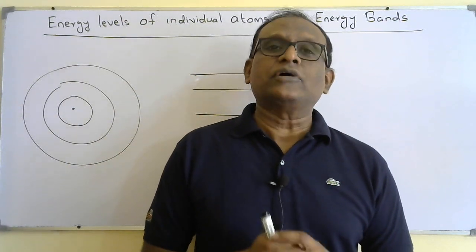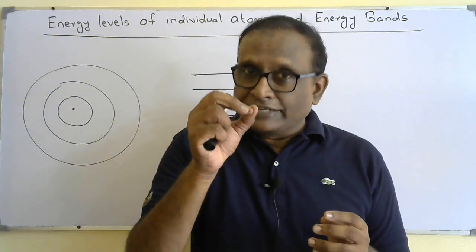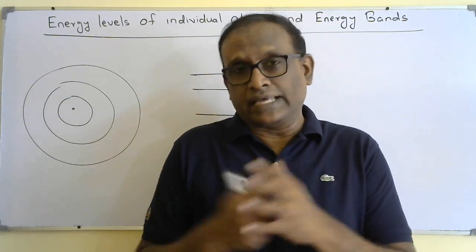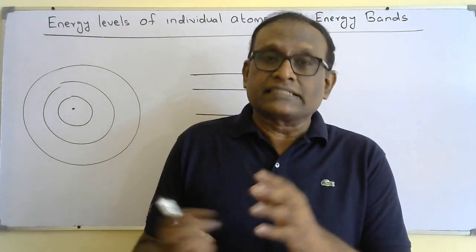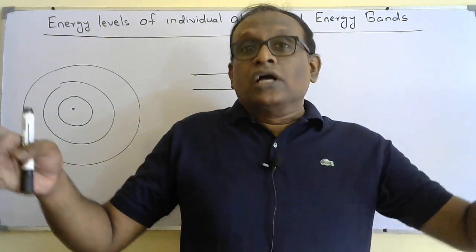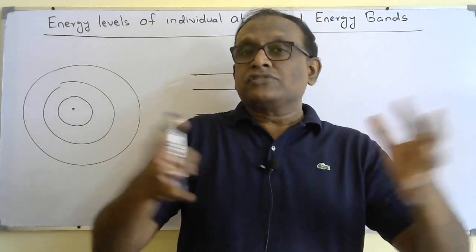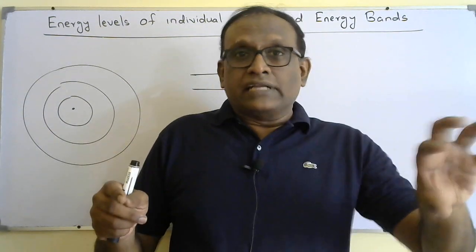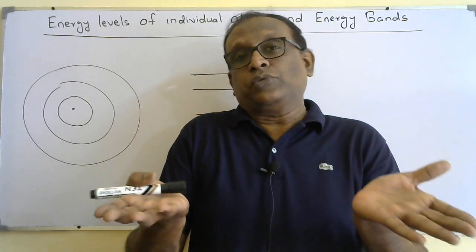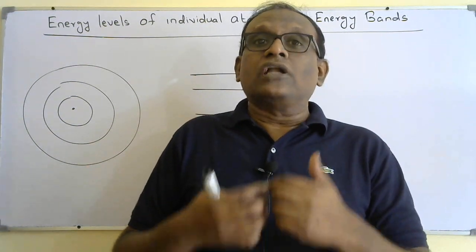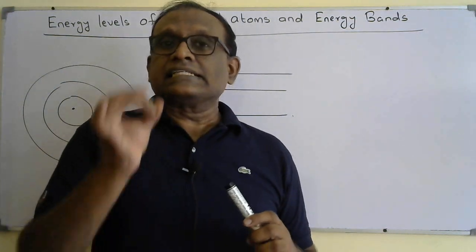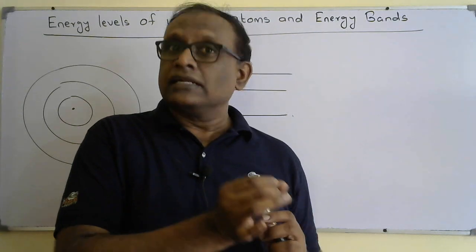But in a chemical reaction, yes, we need to consider the individual valence electrons that form the chemical bonds. But when we think about electrical conduction, the electrons in the last orbit, or the conduction electrons, jump from one point of the solid lattice to another point of the lattice. So a lot of individual atoms are involved, and we don't consider the properties of an individual atom. We consider collectively something different, called energy bands. That is what we consider when we think about electrical conduction in solids, not in liquids, not in gases,